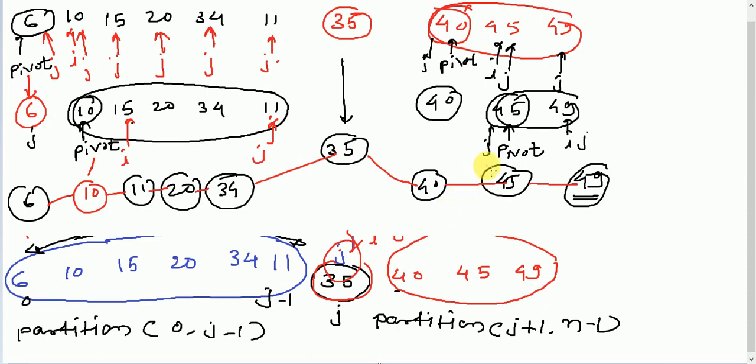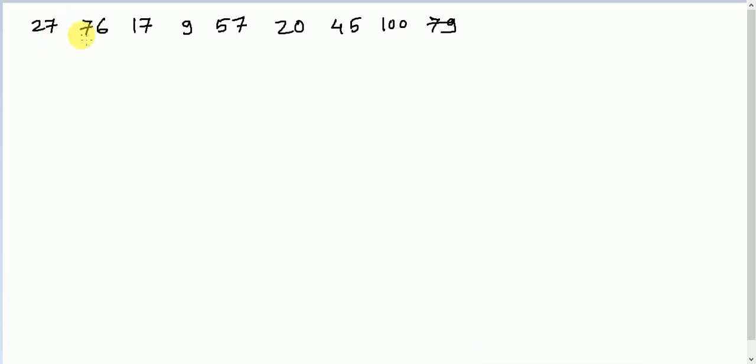We'll solve one more example so that we understand it in a much clearer way. You can note this down. This is the input array, and you're supposed to apply the quicksort algorithm on this. See, the output is very clear. We have used the sorted array, but the thing is that I should know the process of how I can apply quicksort on the given array.